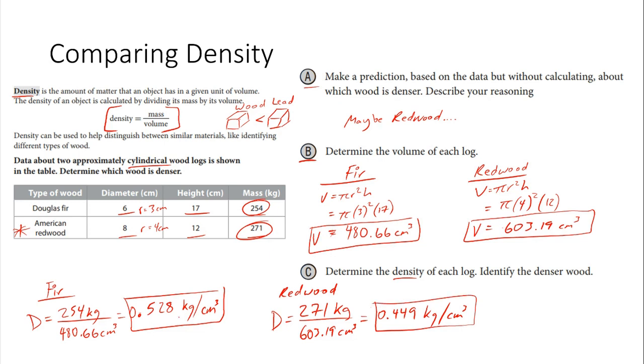But then you realize, wait, 0.528 kilograms per cubic centimeter is greater than 0.449 kilograms per cubic centimeter. So the Douglas fir, all right, Douglas fir is denser. All right, so the fir is denser, and if you dealt with this in real life, after carrying around the